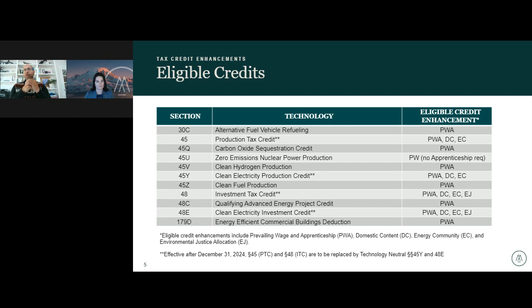Additionally, there's the other one that's not in these normal sections that I think about, just because I work with the ITC and the PTC most of the time, which is the energy efficient commercial buildings deduction under 179B, where you can claim a bonus deduction based on meeting certain prevailing wage and apprenticeship requirements